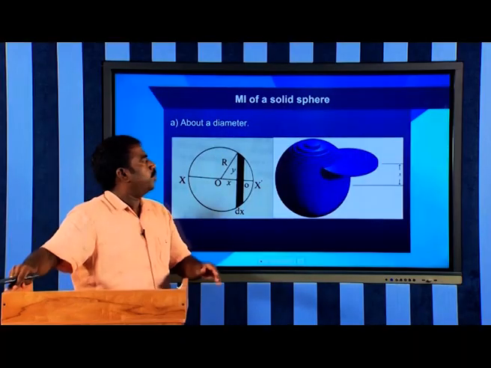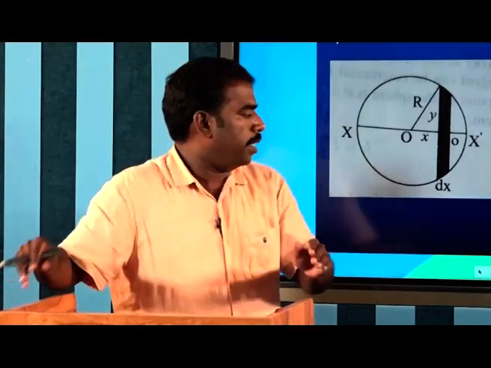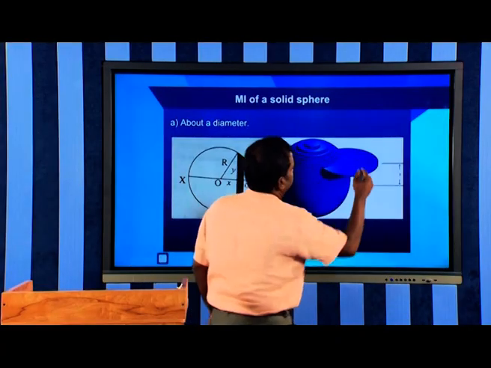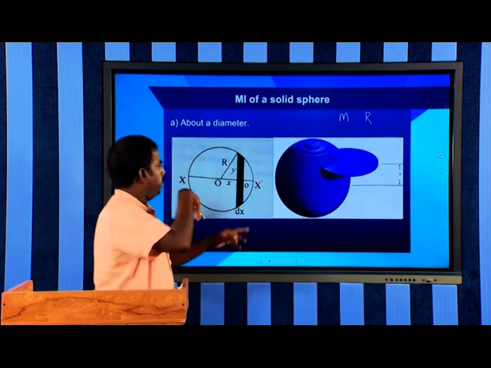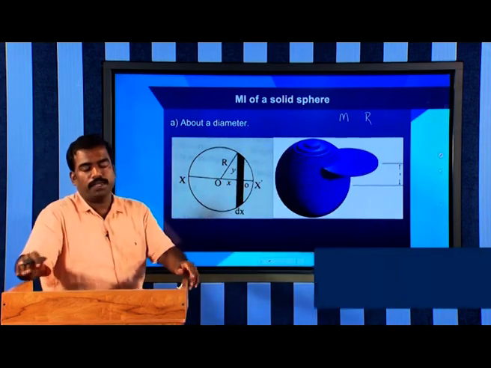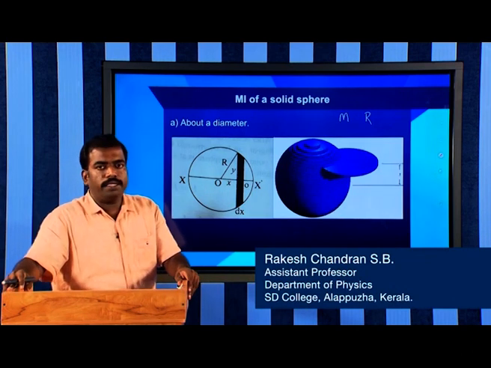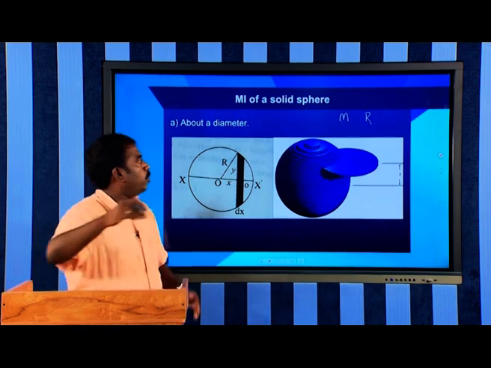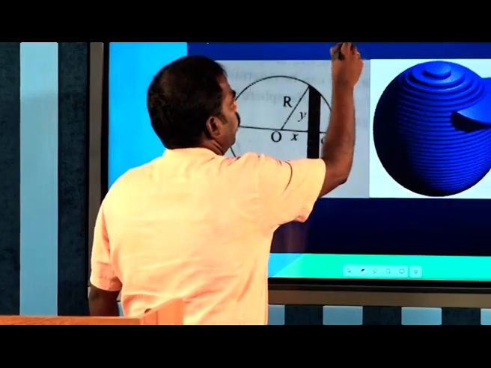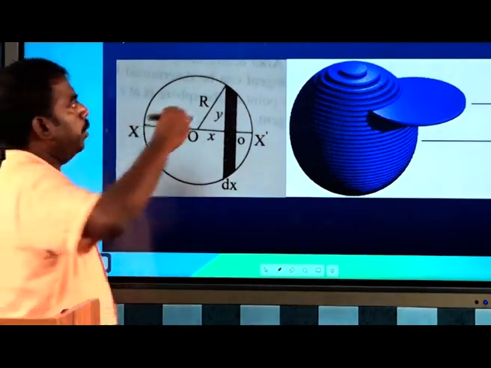Here we are considering a sphere of mass capital M and radius capital R. Let rho be the mass per unit volume of the sphere, and rho is given by M by